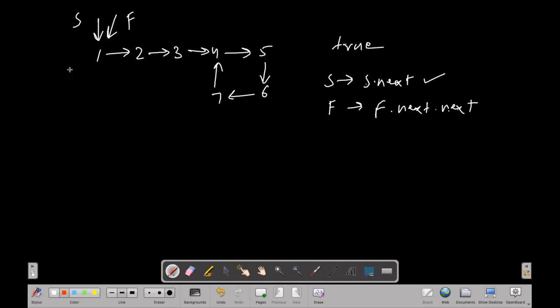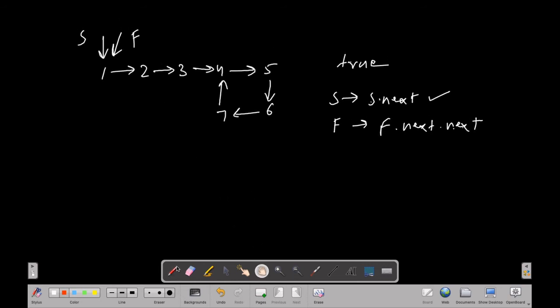So now let's take our fast and slow pointer example in this particular list. So we have fast and slow set to here. Now after the first traversal, slow will be here and fast will be here. Then again after another traversal we got slow here and fast will be here.